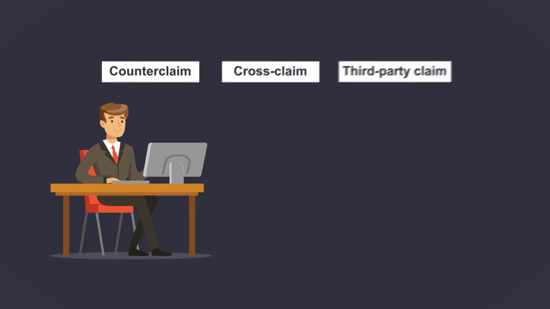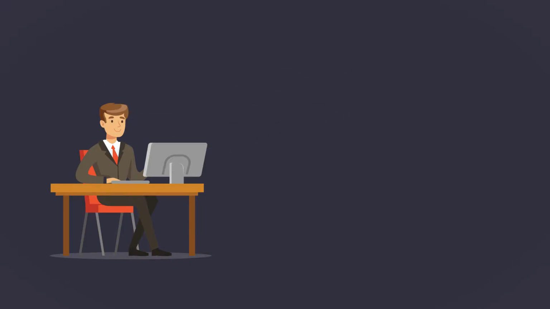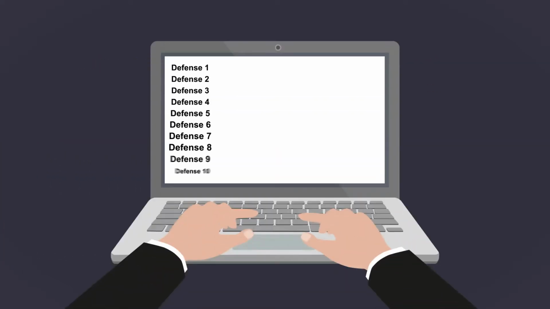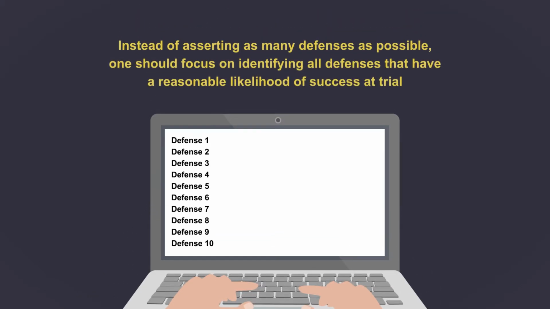All of these should be asserted, if at all, in the defendant's answer. If the defendant failed to do so, the defendant may later be able to amend the answer to include these cross-claims, counterclaims, or third-party claims. One can assert multiple defenses without needing to explain in depth why those defenses are being asserted. Instead of asserting as many defenses as possible, though, one should focus on identifying defenses that have a reasonable likelihood